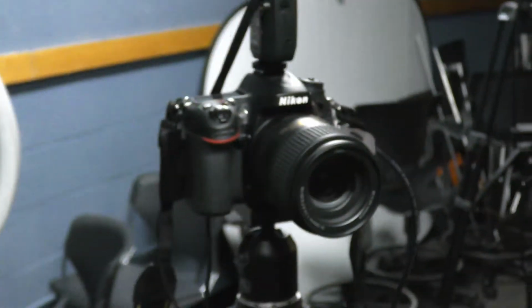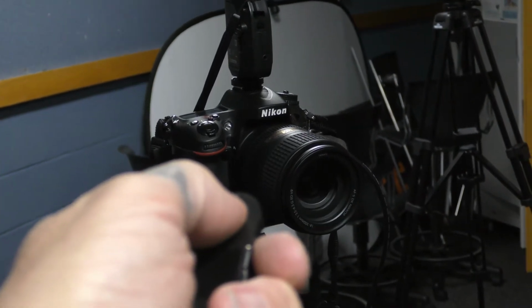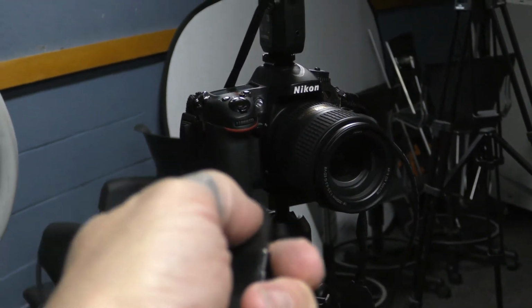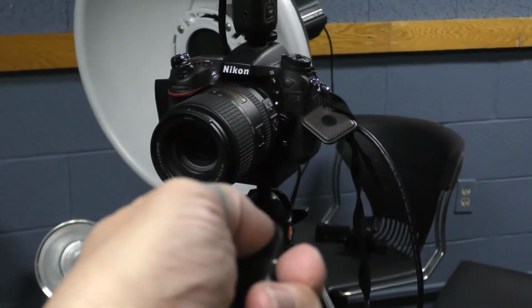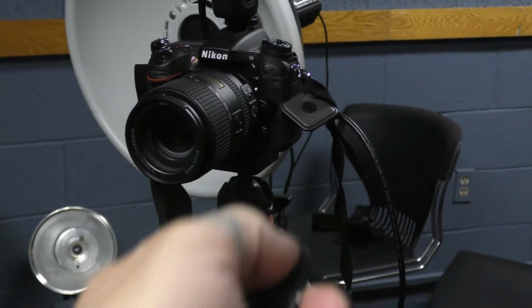Not all remotes work quite well. The batteries die in these very often. I should be able to click this and I hear activity on the camera. Should be able to aim it just about right here on the camera. And I should be able to aim it on the other side technically, if the batteries are good. Good. So now anytime you take a picture,